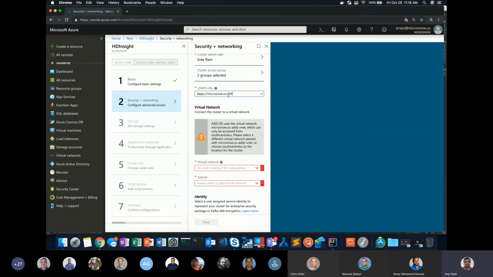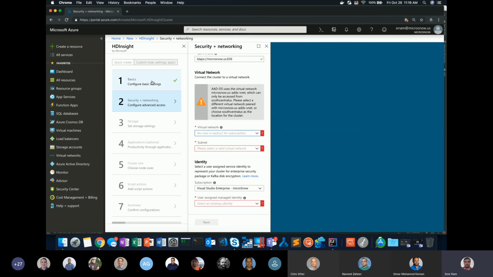So LDAP microsnow.us on the port 636. Okay, so you don't need to do a thing there. I think this is part of South Central. Therefore, I chose the East US in the basics, so the virtual network did not pop up. But for now, imagine that if I would have chosen South Central, there would be virtual network, subnet, choose it,